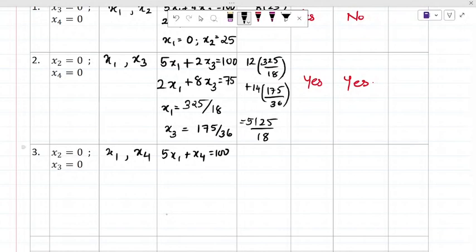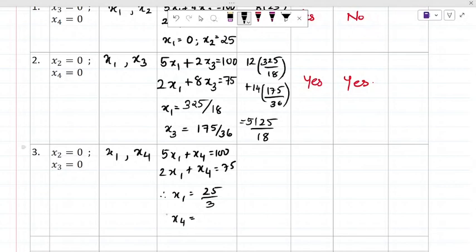Okay, and then there is 2x1 plus x4 is equal to 75. Okay, so this is easy solving here. Therefore x1 value, on subtraction, will be 25 by 3, and x4 value you will get is